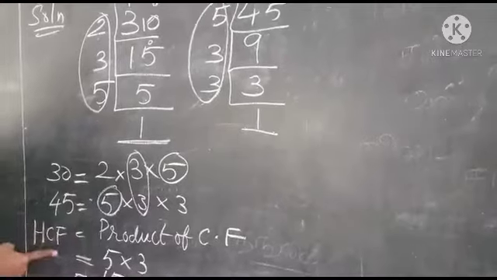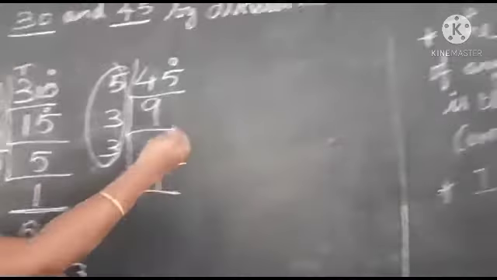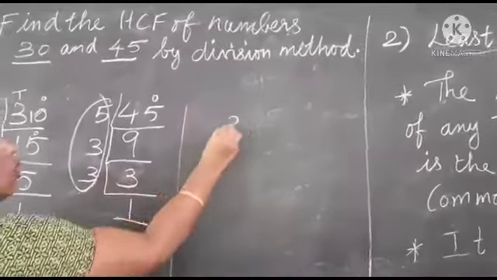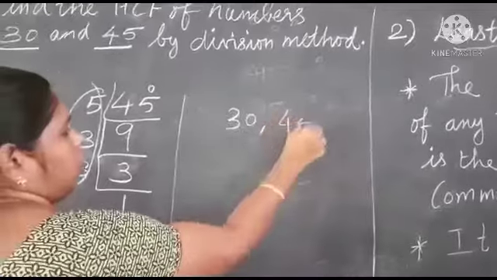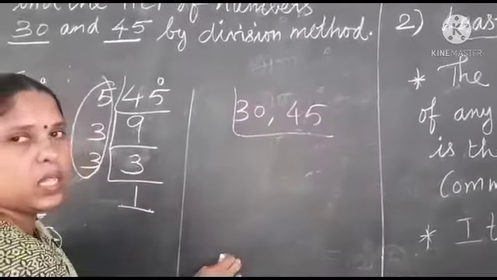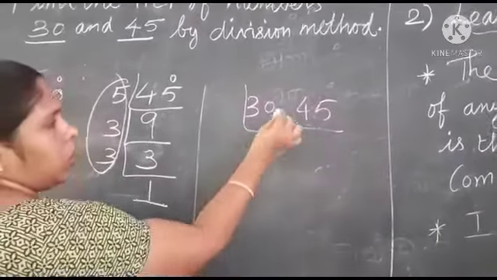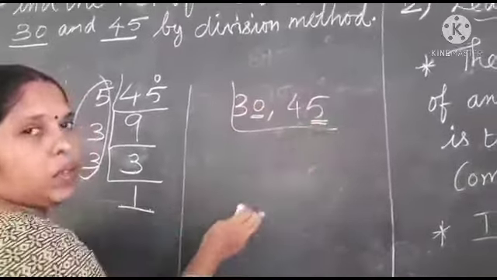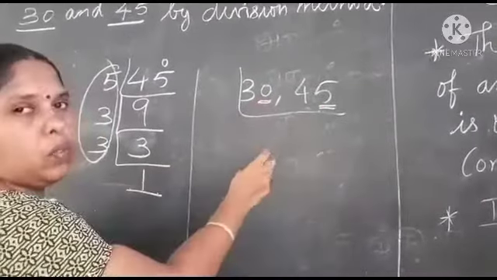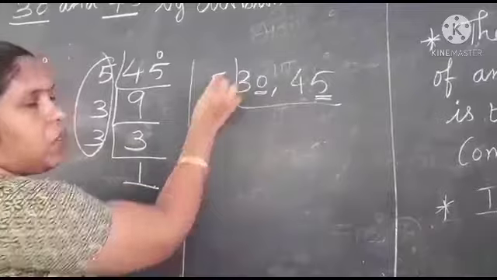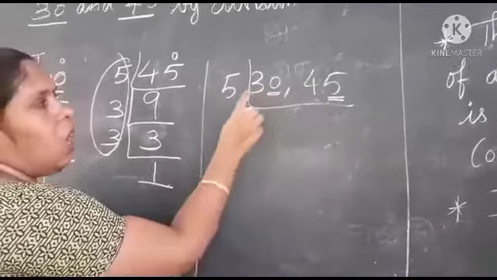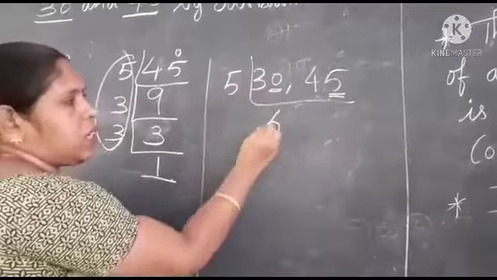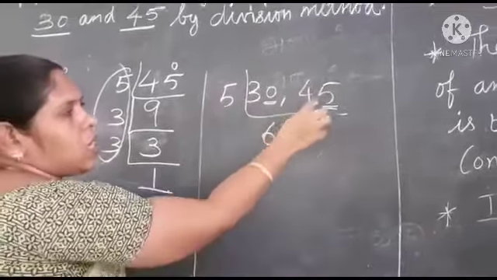This is one of the methods. In the same way, we do the numbers, 30 and 45, directly. We take both of the numbers together for prime factors. Here also you check the ones place number. Here it is 0, and this number's is 5. So both of them are in 0 and 5. You take the 5 table. 5 is a factor of both the numbers. Next, how many 5's are in 30? 6 5's are 30. How many 5's are in 45? 9 5's are 45.